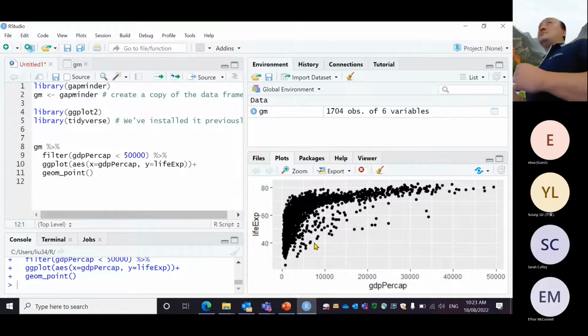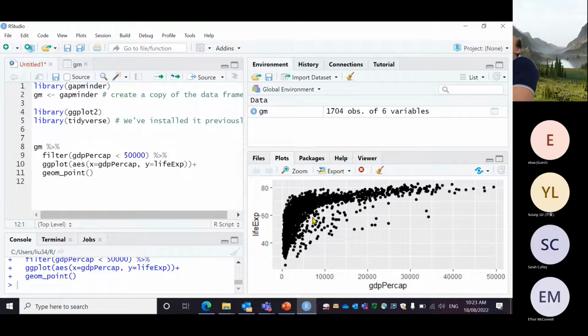So that's the shape of the relationship. It's a positive relationship, and that's the direction of the relationship. And then the shape is not linear. That means the rate of change is not always the same. Initially it's fast and then slows down. And the strength of the relationship in this case is probably